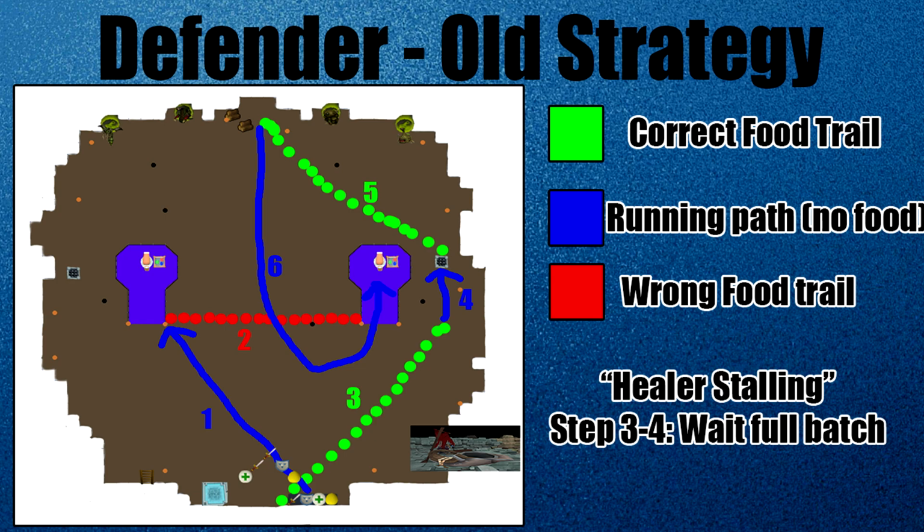Now before I get into the new strategy, I'll talk a little bit about the old strategy. In the past, people used to drop a trail of incorrect food between each cannon. Then you will drop the correct food from the Penance Cave to the east side of your cannon. And so basically before you start the lure of the healers, you'll then wait until all batch 1 healers have